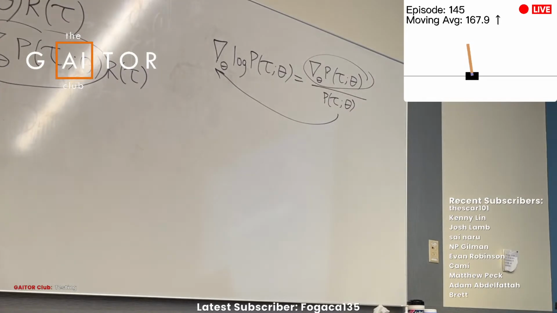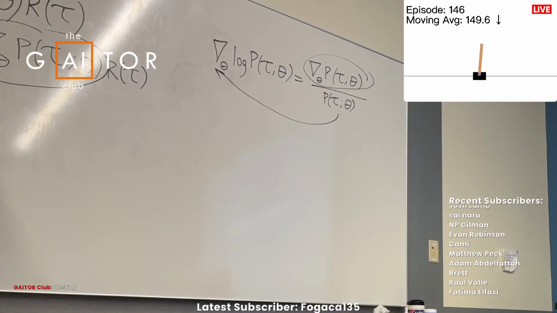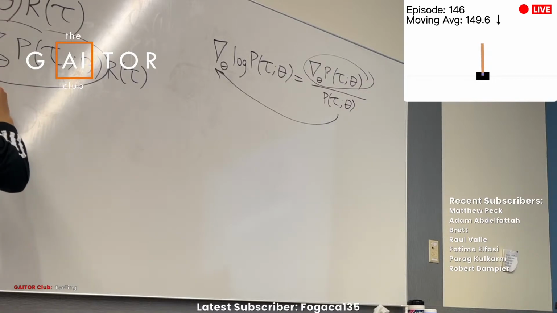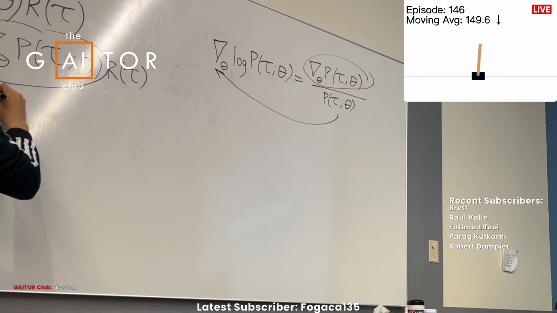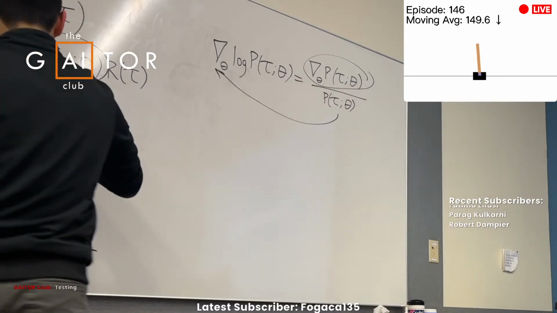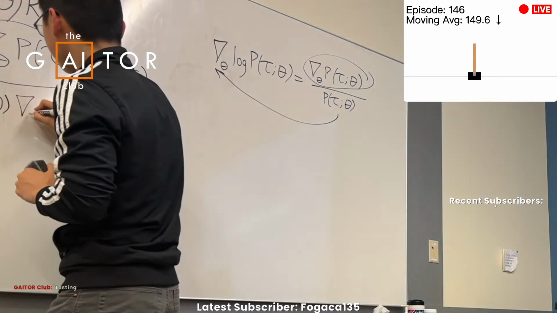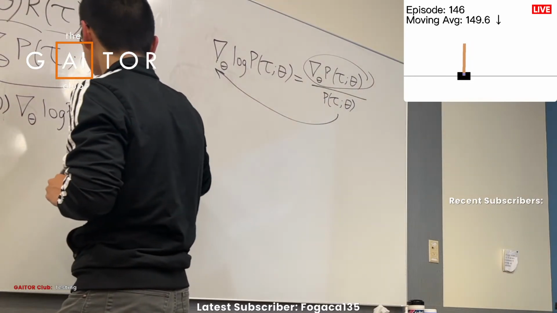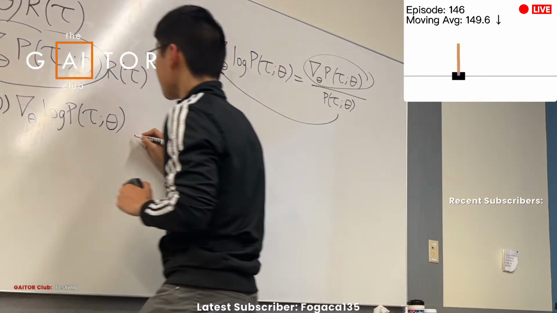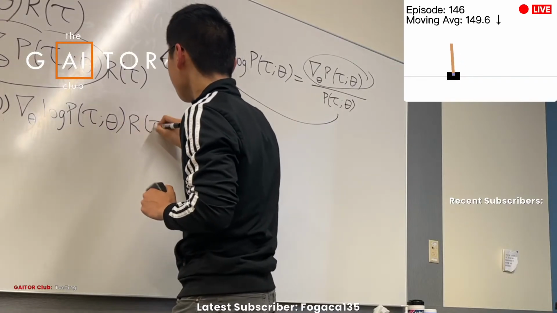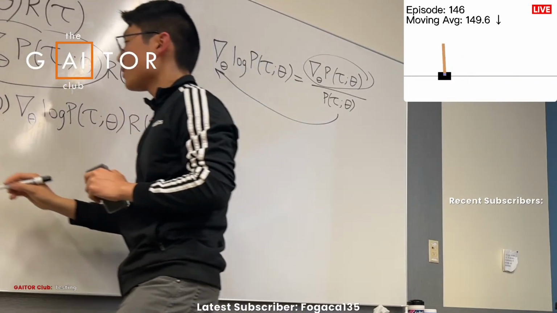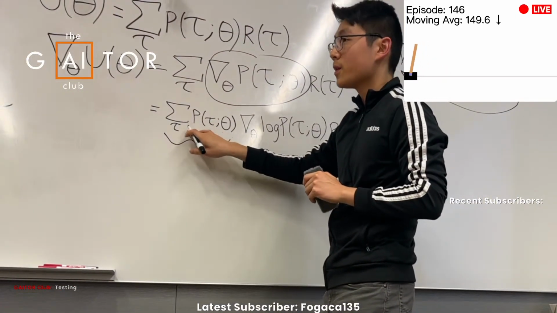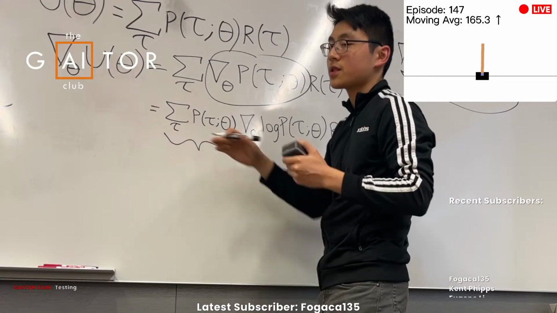And so this is nothing but p of tau times the gradient of the log of p of tau theta times r t. Now, it's really important to focus on this part here. This is expected value. One thing we can do to simulate expected value is take what's called a Monte Carlo